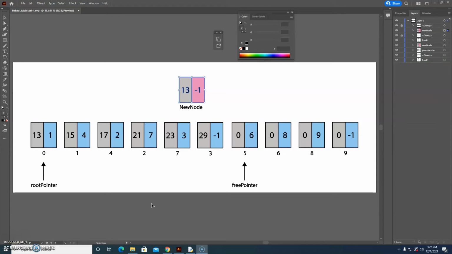Hi everybody, here we have a linked list which is being implemented on an array. It's a linked list of nodes. Each node has a data item and a pointer to the next index in the list. So our root pointer shows us that it has a value of 0, so this is the start of the